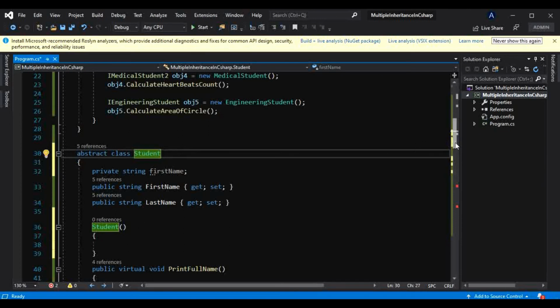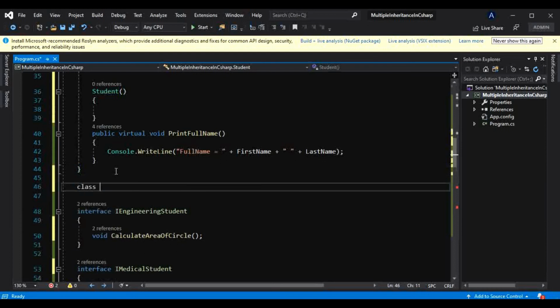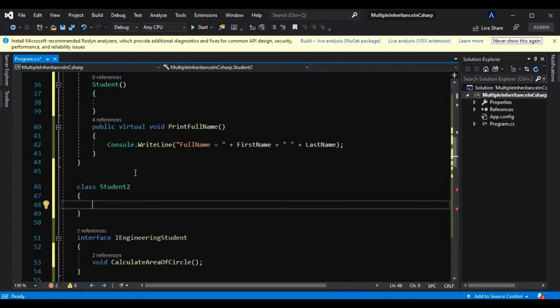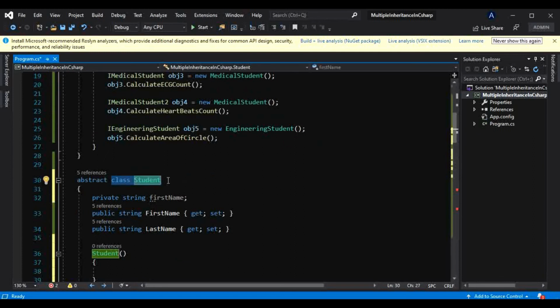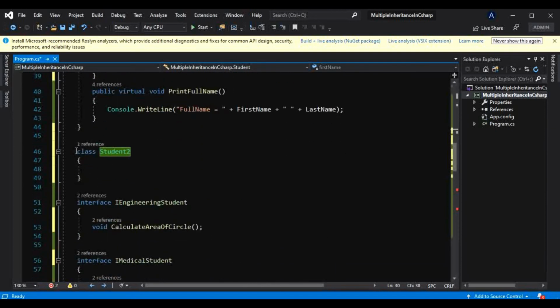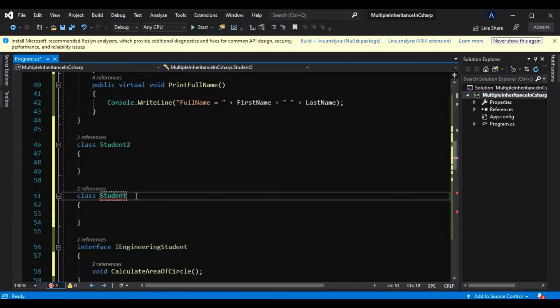So what does that mean? Let me show you that. Let me create another class here, class Student2, like this. Now this abstract class can inherit this class like this, Student2, and let me create another class here, Student3.